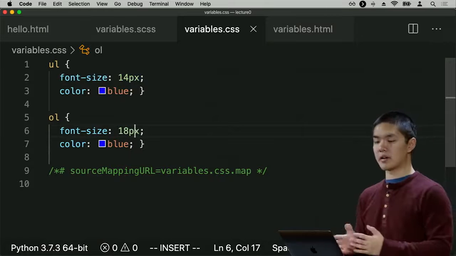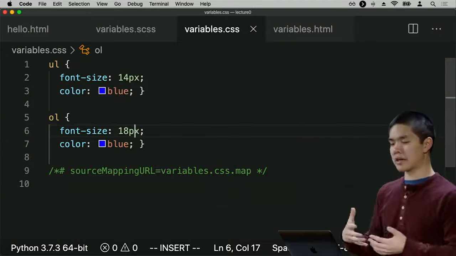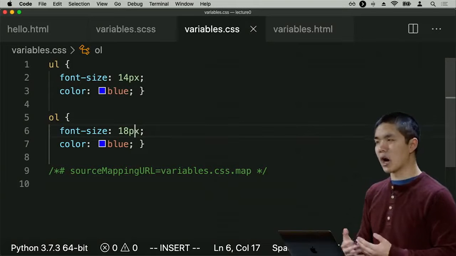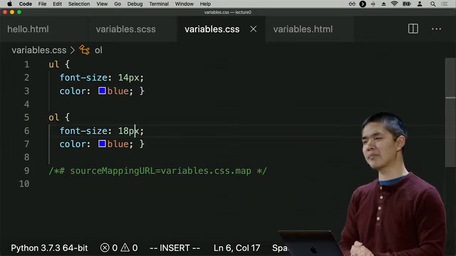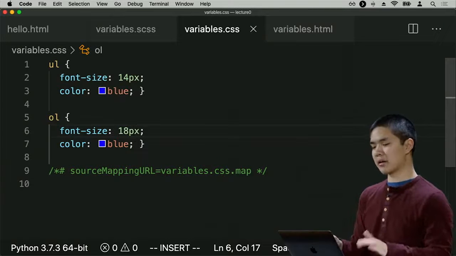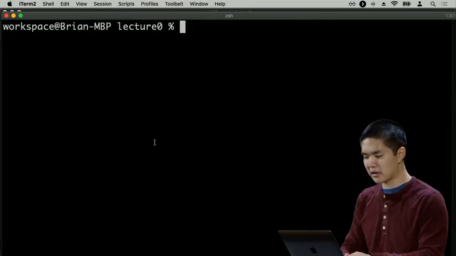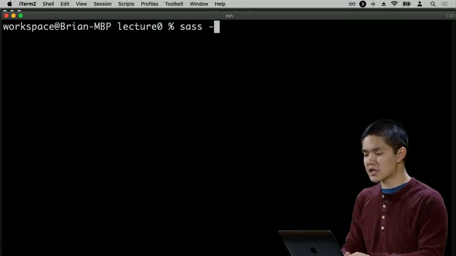Now, in practice, it's going to be pretty annoying if I'm building a web page using Sass, if I constantly need to go back and recompile my Sass into CSS every single time. What I'd like to do is just automate that process. And Sass makes it easy to do this. I can just say sass --watch